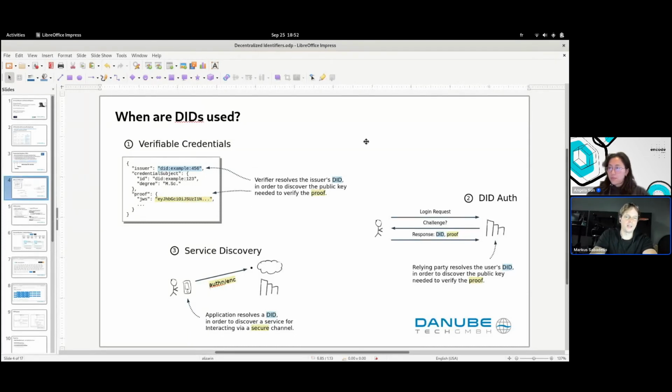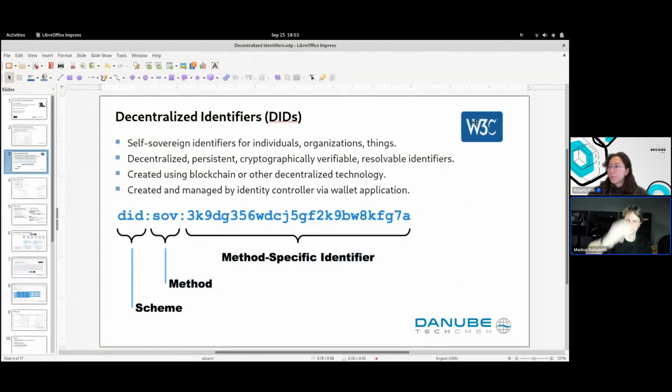Security issues and limitations is also one of the questions. It's a very broad topic. I would suggest to maybe cover that at the end. There's also, if you look up decentralized identifiers at the World Wide Web Consortium, you will find the standard, the technical specification, and that also has a section about security considerations. Maybe one thing I'll mention is that since DIDs are controlled by private keys, cryptographic keys, there is one very important